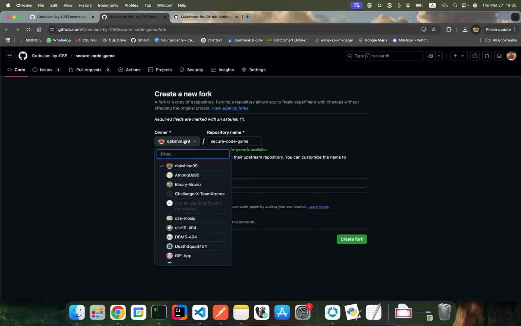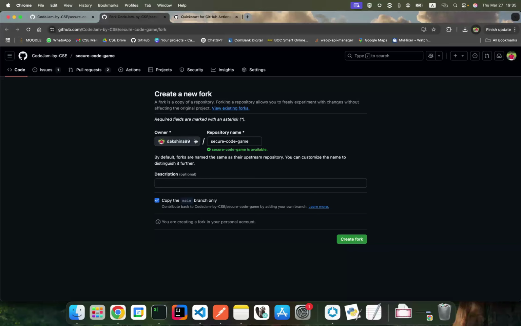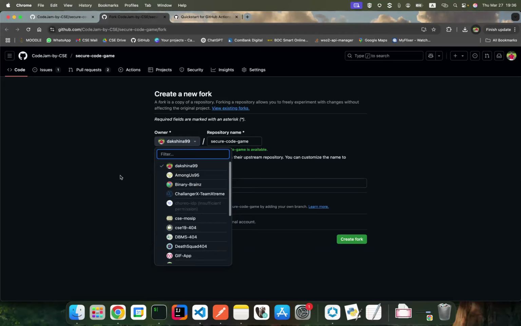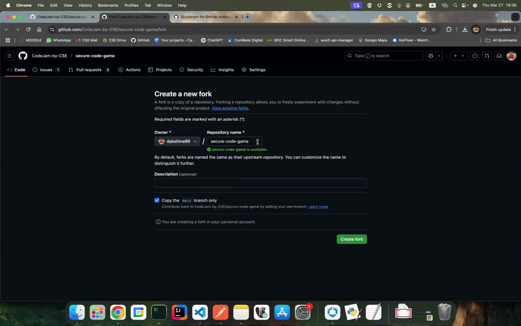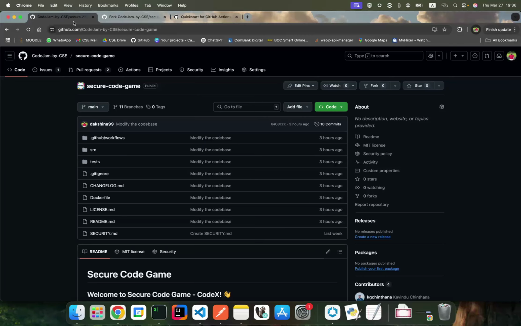So as I mentioned, you can take a fork to your local GitHub account. In here you can see my local account, or else to one of the organizations maintained under yourself. You can use any kind of name here. I will keep it as it is. And here you can choose whether you need only the main branch, or all the branches from the remote repository. That means from the original repository.